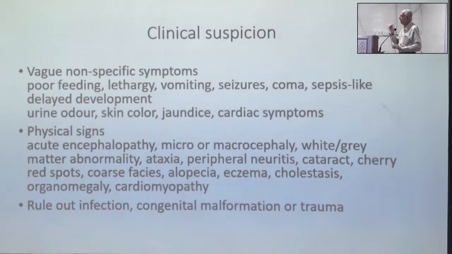Rule out these three conditions every time. For example, a child comes with acute neurological problem. I want to rule out trauma, infection, and congenital malformation. Child comes with hepatomegaly and jaundice. I want to rule out infection and congenital malformation, choledochal cyst, biliary atresia, whatever. If those things are easy to rule out clinically or by simple investigation, you know you are dealing with an inborn error of metabolism. And I think make this a routine that if it doesn't fit in one of these three as an etiology, then what looks like neurological, hepatic, cardiac, etc. might in fact be an inborn error of metabolism.